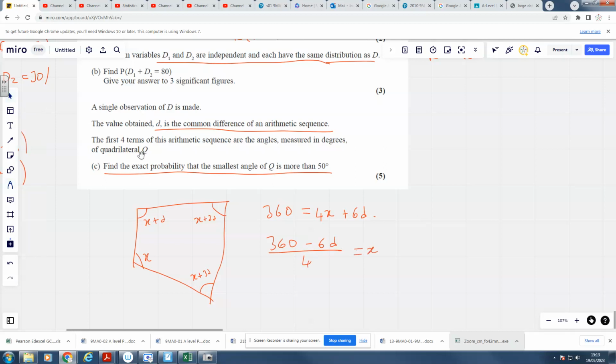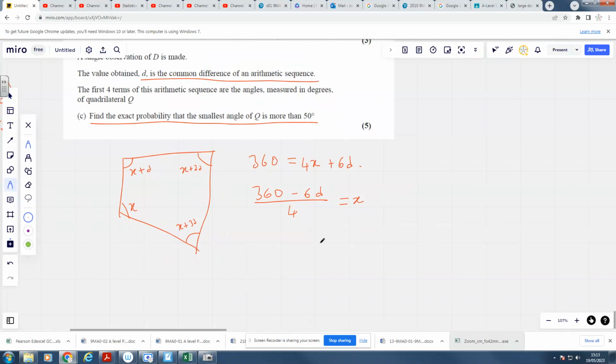My thinking is, and it's just the way I've come up with it this time, if I want X to be more than 50, then I want 360 minus 6D over 4 to be greater than 50. In other words, times that across, 360 minus 6D is greater than 200. Add that over there, take that over there, 160 on that side, 6D on this side, and in the end